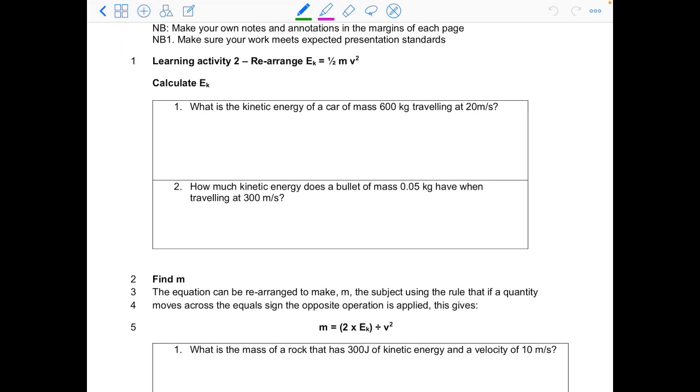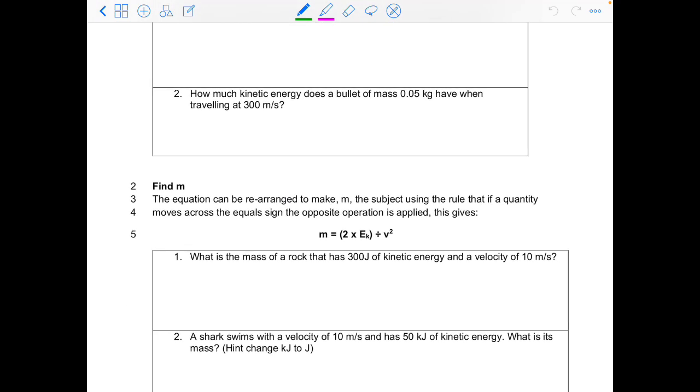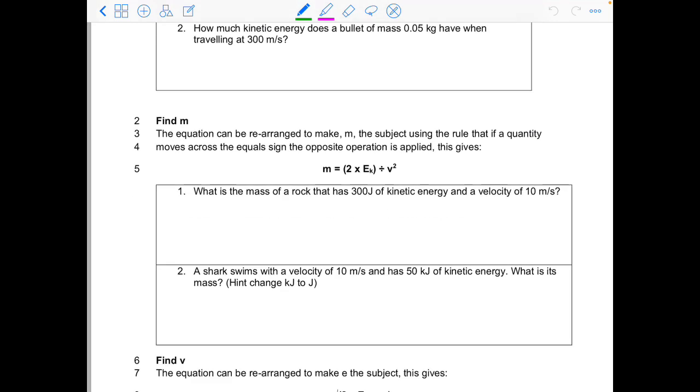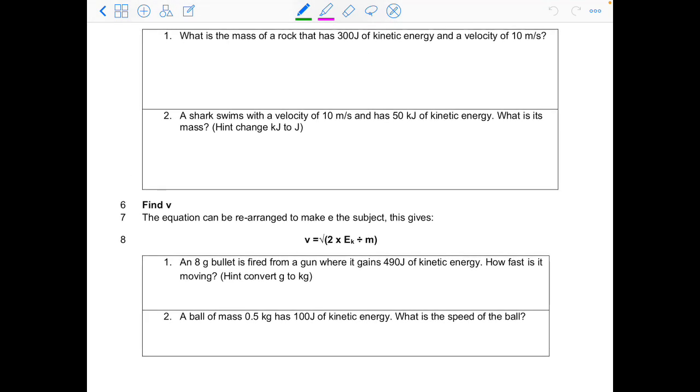So here are 2 more questions. I'm not going to go over the answers to them. Give them a go if you would like to, for some extra practice. If you're stuck, email your teacher about it. Next, we're going to look at what if we know the kinetic energy, but not the